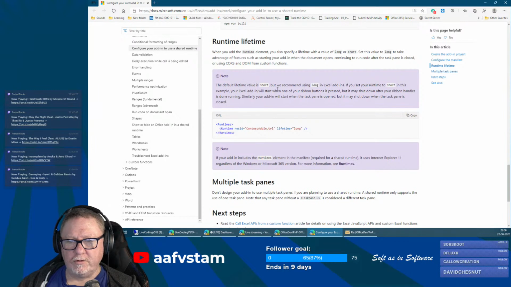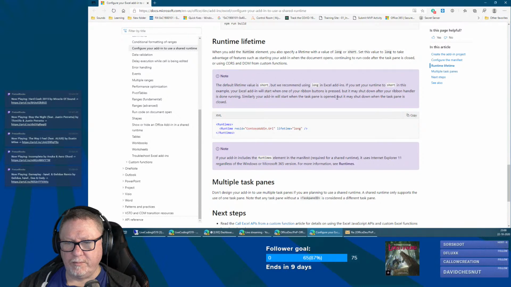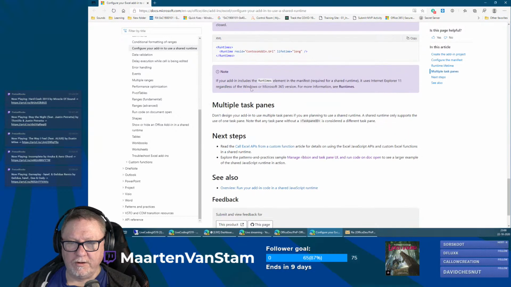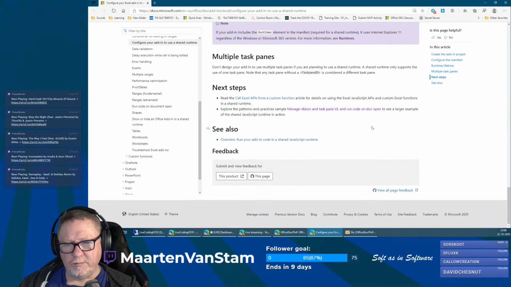Default lifetime is short, but we recommend using long in Excel add-ins. If you set the runtime to short in this example, your add-in will start when one of the ribbon buttons is pressed, but it may shut down after the ribbon handler is done. Similarly, the add-in will start when the task pane is open, but it may shut down when the task pane is closed. So in case you make this lifetime long, I think that's missing last time